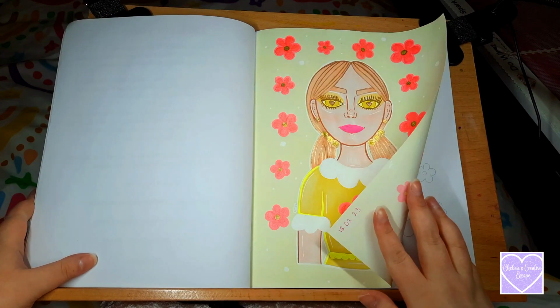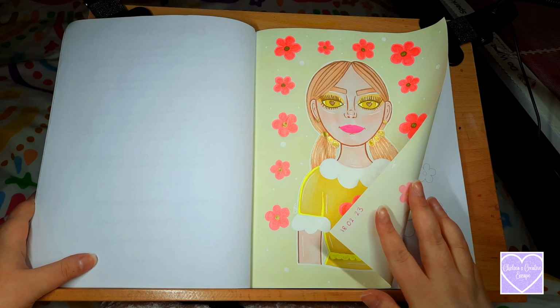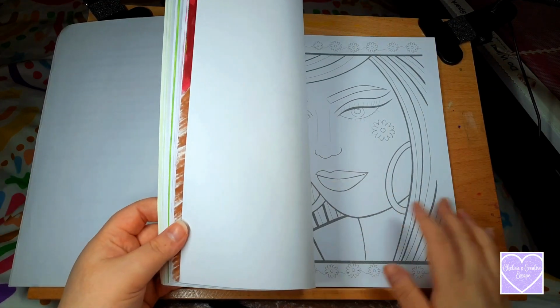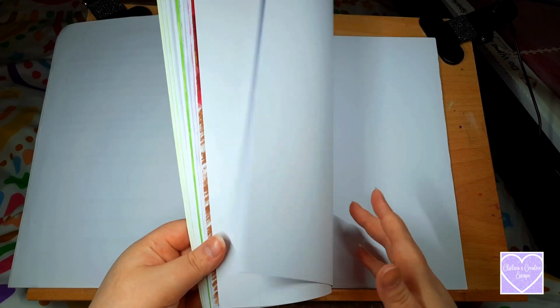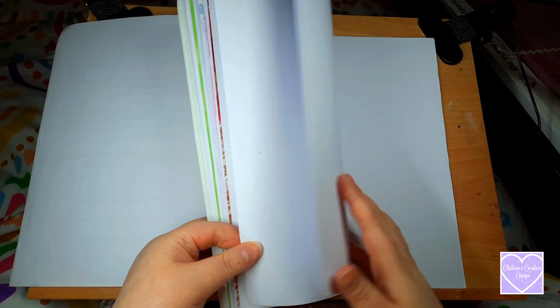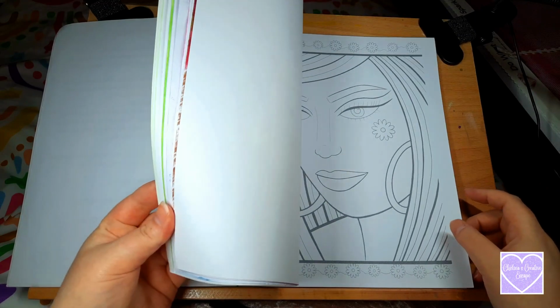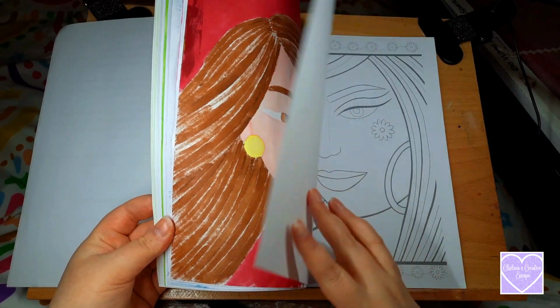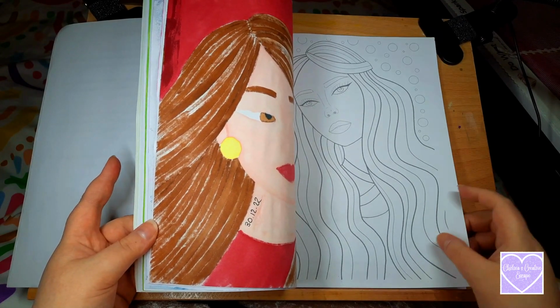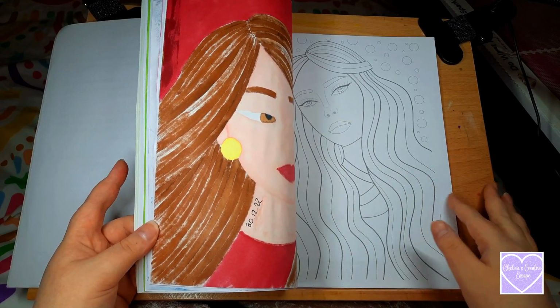So that's her, and she was completed on the 18th of the 2nd, 2023. So I've almost done a lot of pages in here actually. This one doesn't really have a lot of pages, but I still need to do these ones. I've coloured this one on a better paper version, but I still want to colour it in my book,